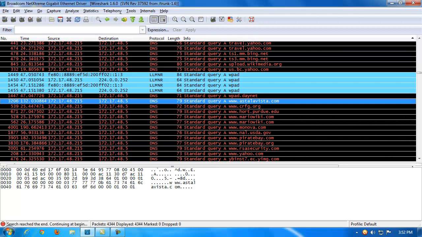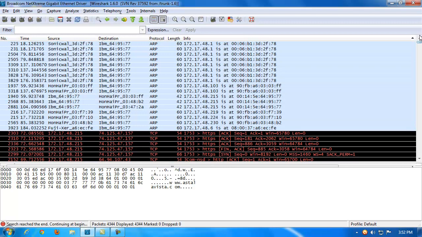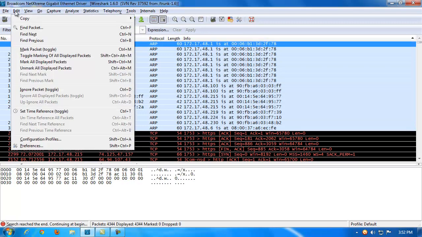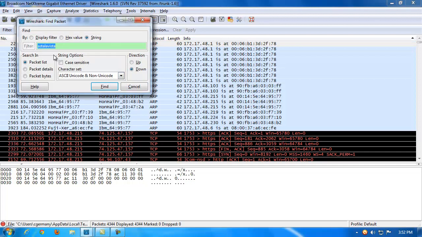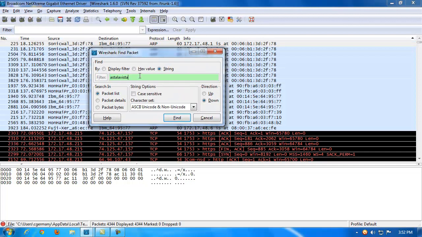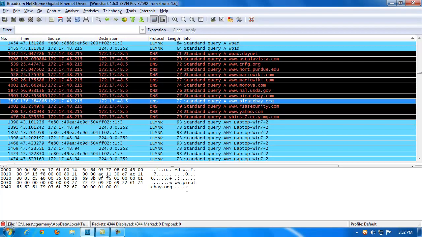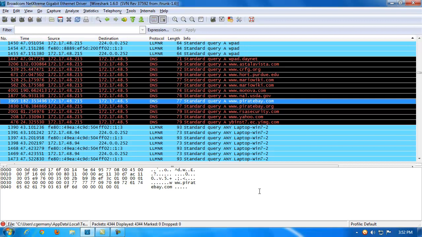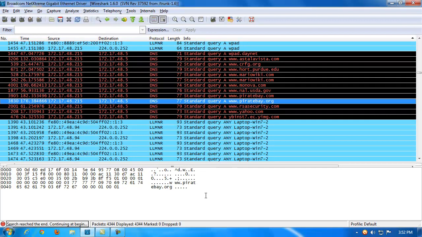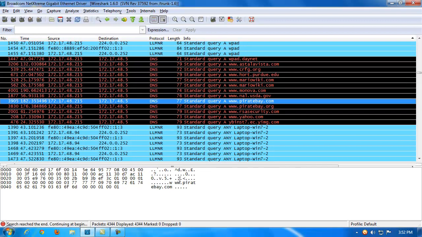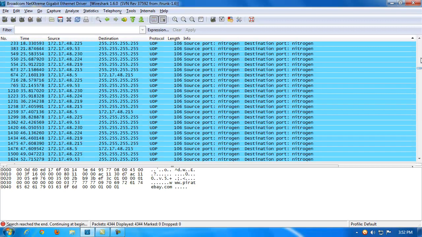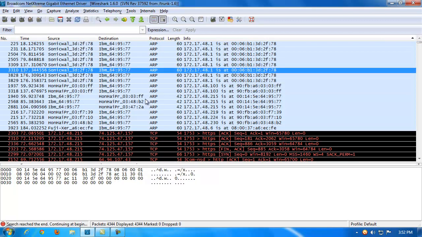And in this case, let me go up here and we will look for Pirate Bay. I could even just put in pirate, alright? And there's piratebay.org, and I'll do Control N, go to the next, and there's piratebay.com, piratebay.org. Alright, so just kind of give you an idea of some of the interesting traffic